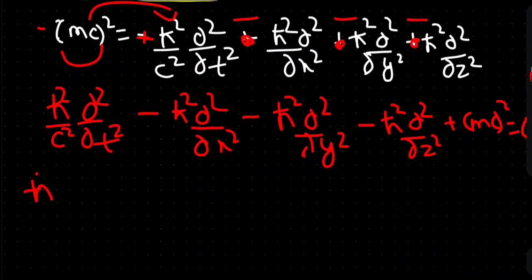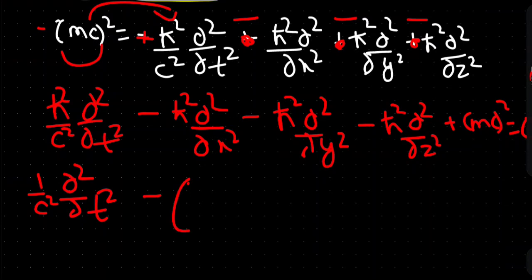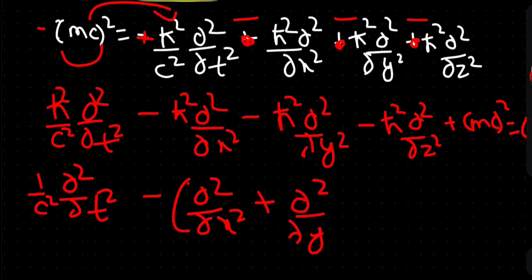Now I'm dividing the whole equation by h bar square. So this will become 1 by c square del square divided by del t square, and taking negative common, you can generally see that this equation is nothing but the Laplacian, which is del square upon del x square, because here you can see minus del square divided by del y square, and positive del square divided by del z square,